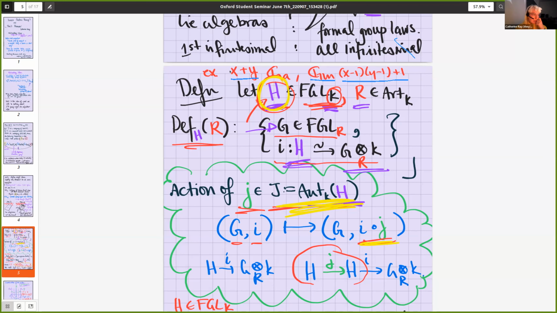And the height is the first non-zero coefficient of the P series. So if you take the P series, it's just adding X to itself P times. And the first non-zero coefficient will be, the P series will always be a power series in one variable with non-zero coefficients only in front of X to the P to the I. So we have these A_I times X to the P to the I, and the first non-zero such I is the height.